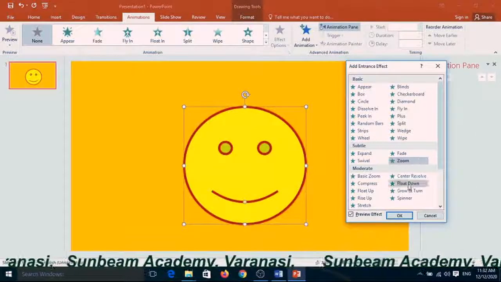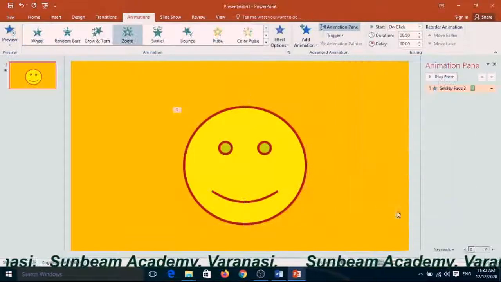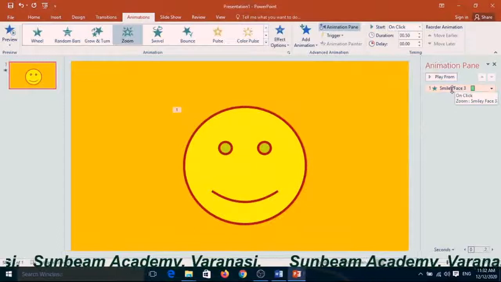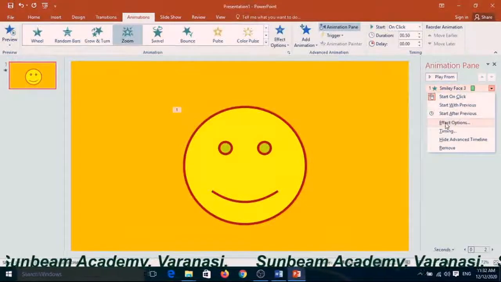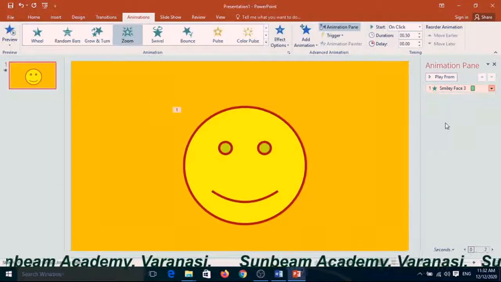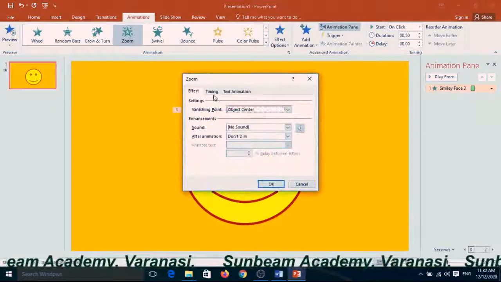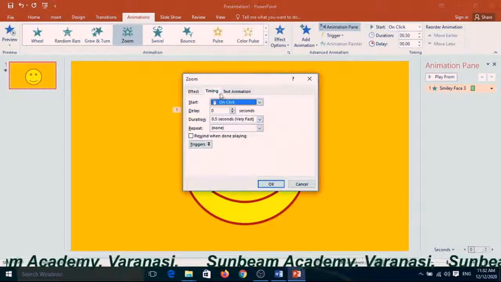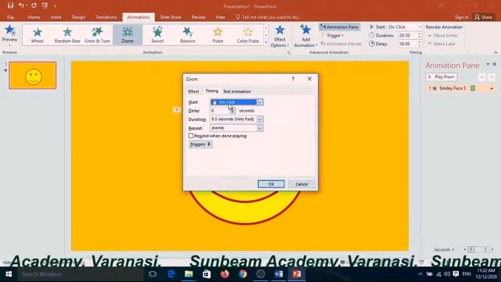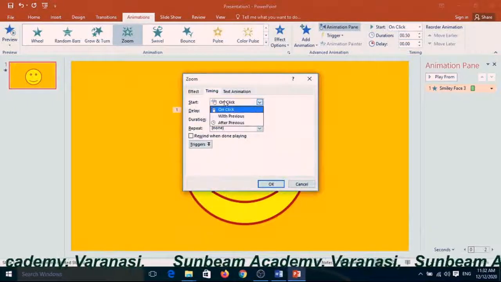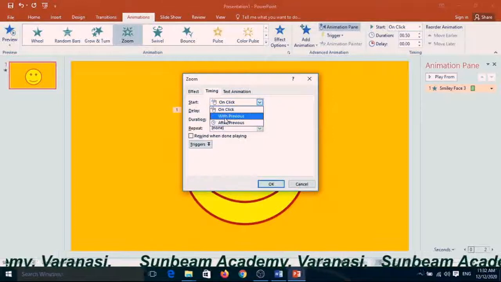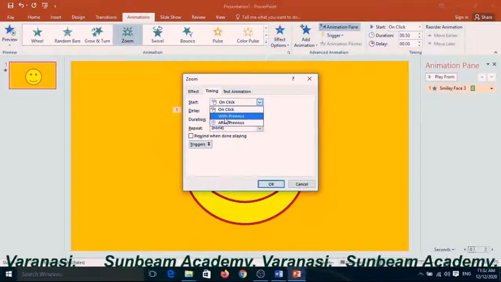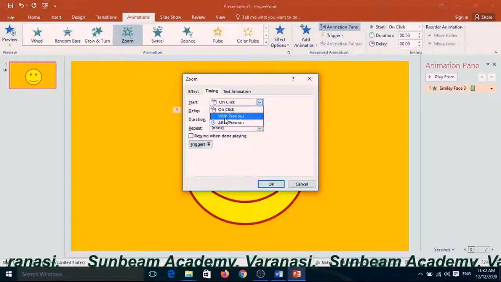I have chosen the zoom, and double click on this to open the property, or right click on this and choose the effect option, and timing is given. On click means you have to click your mouse, or with previous means when your slide opens, it will run without any clicking.